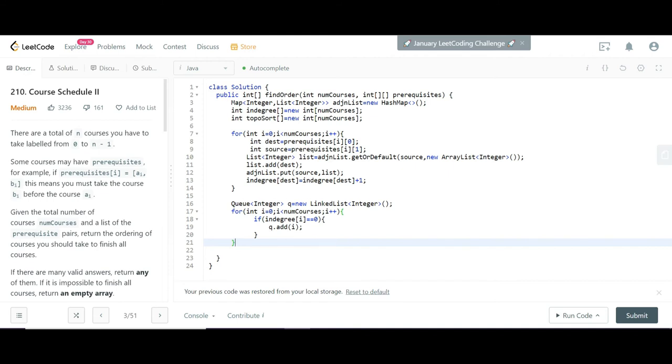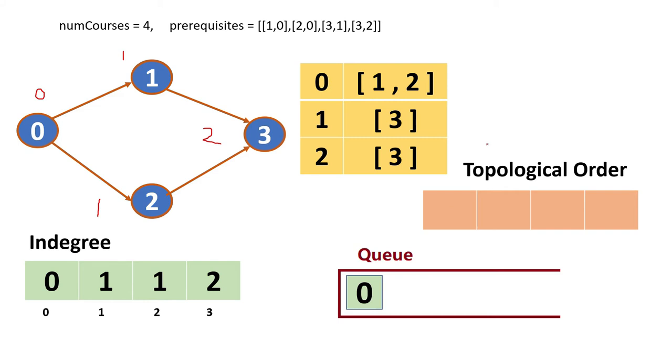We will check the next course of action. Now I will show what we have to do next. From the in-degree array, I have marked this graph also, showing the in-degree values of these nodes. For 0 it is 0, for 1 and 2 it is 1 and 1, and for 3 it is 2. Now if you remember Kahn's algorithm, first we have to pop, or dequeue, from this queue, and the value I get, I will put it as a result here. Then I will check the adjacent neighbors of this zero.